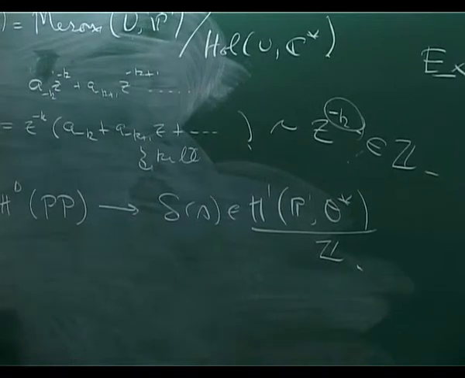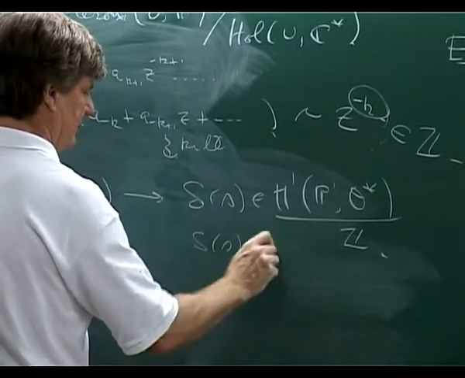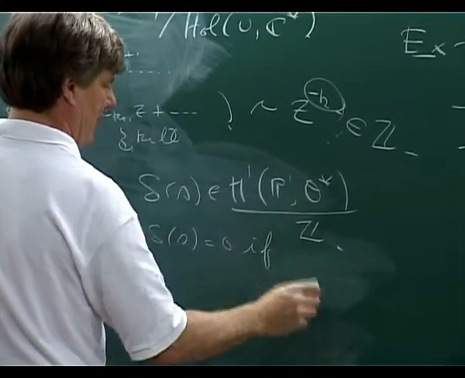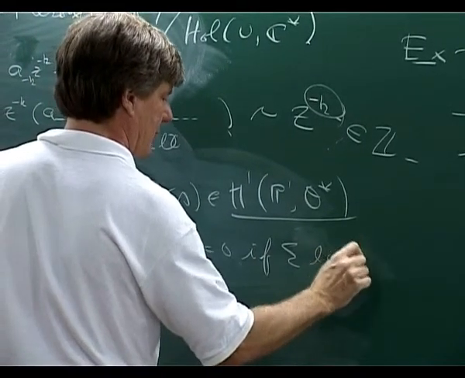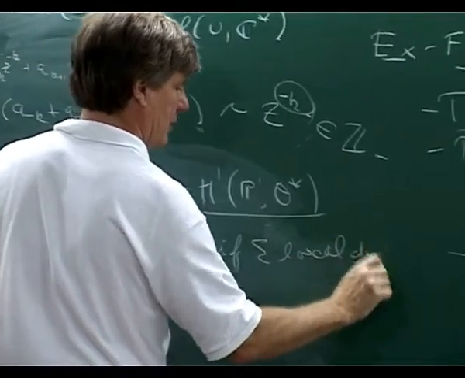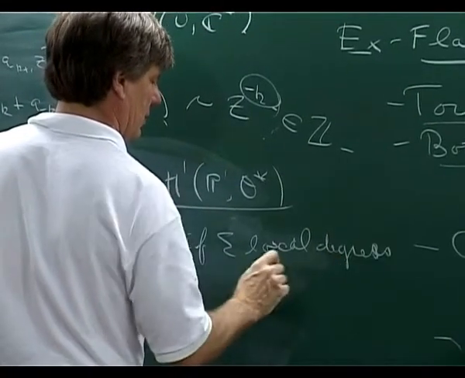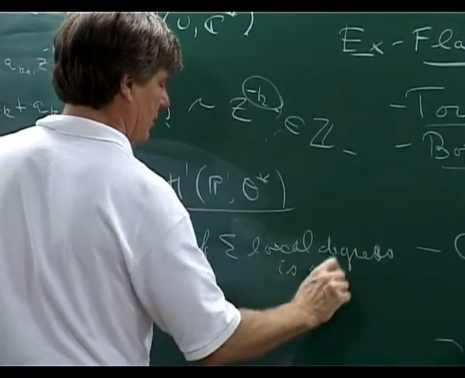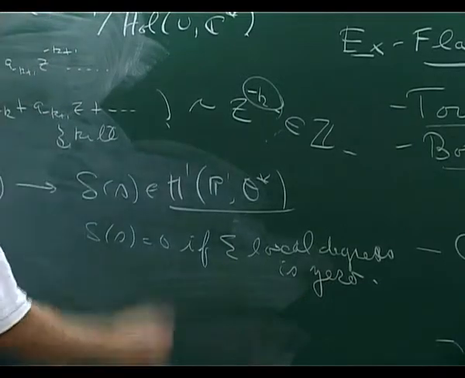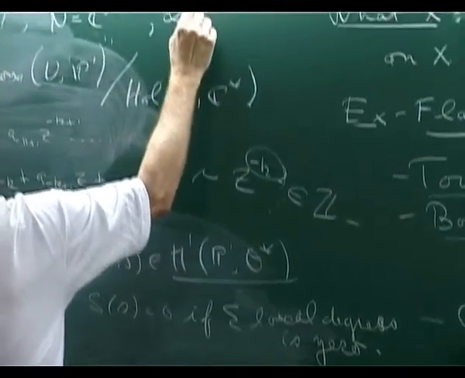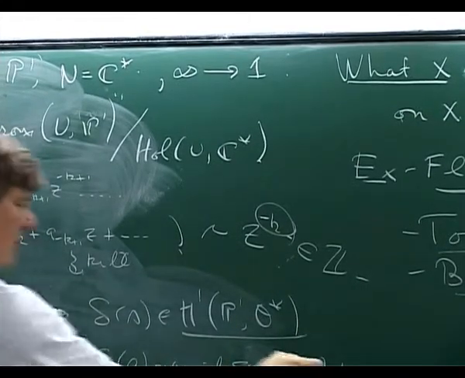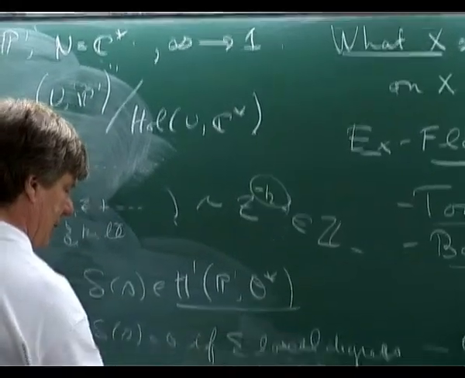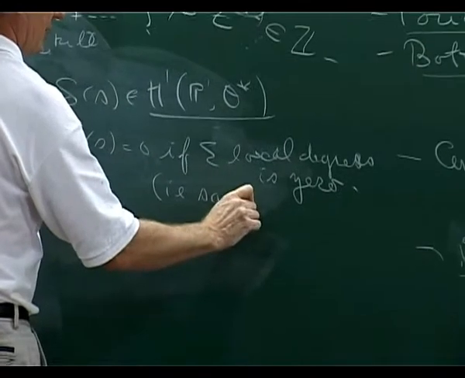And delta s will be 0 if the sum of the local degrees is 0. Okay, I cheated with my base condition here. I didn't cheat, I didn't tell you what it was. Infinity should map to 1. Okay? If the sum of the local degrees is 0, i.e. same number of poles as zeros,